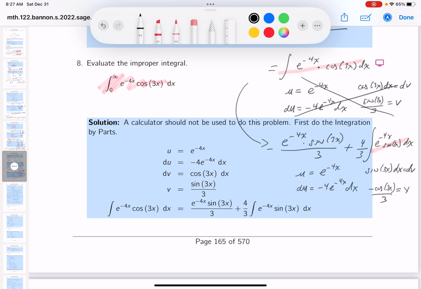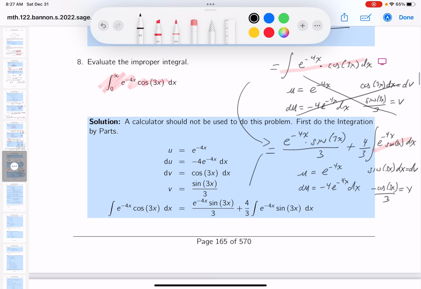I got to kind of repeat over and over again. Whoops, sorry about that. It's an equal sign there. Let me do this again, see what happens. And what do you get over there? Equals e to the minus 4x sine 3x over 3 plus 4/3. Oh, this is going to be tough, isn't it? So minus e to the minus 4x cosine 3x